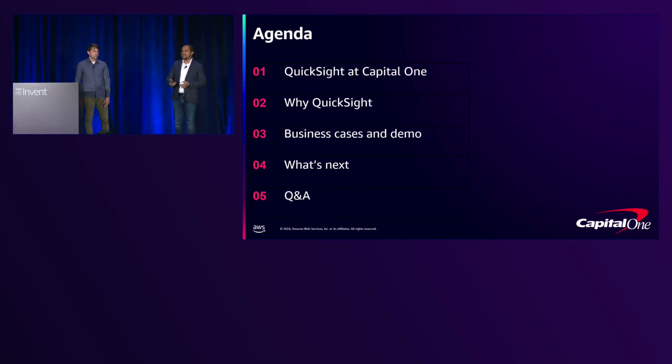So in the next few minutes, we will be talking about a little background on our company, and then we'll share with you our QuickSight journey, where we started, where it is now, and the exciting things we want to do in the future. Peter will also be sharing some interesting example use cases that you can relate to. Our hope is that throughout this presentation, you will find nuggets that you can take to your workplaces and apply.